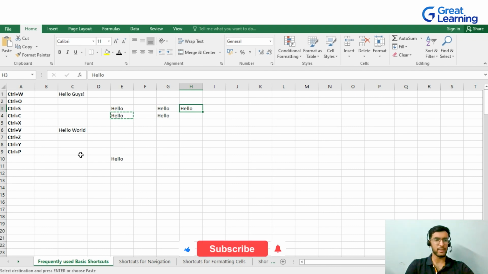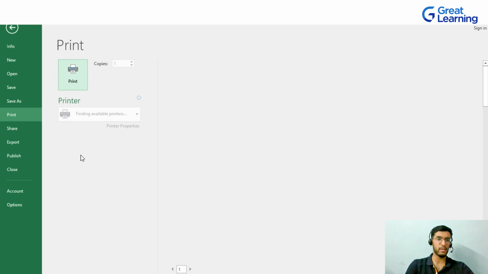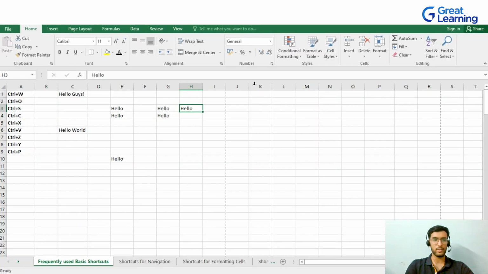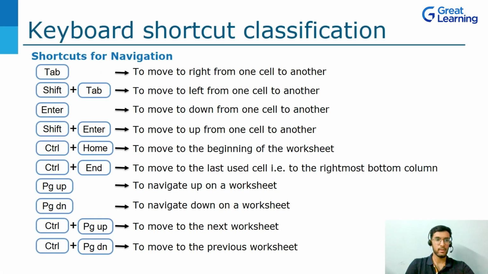Now, Control P. Control P is also very common nowadays because you have been using it maybe in PowerPoint or MS Word. So Control P is basically used to print. You can use this option as a shortcut to print anything that is in your Excel content. So that's all from the frequently used basic shortcuts, and now let's move on to the next category, that is